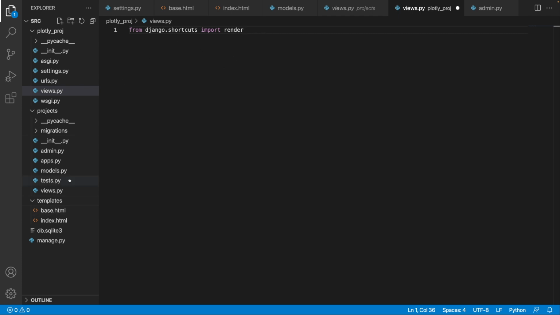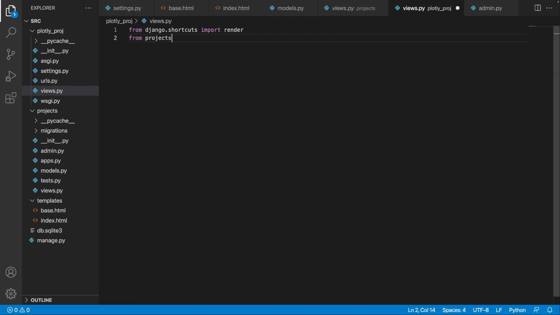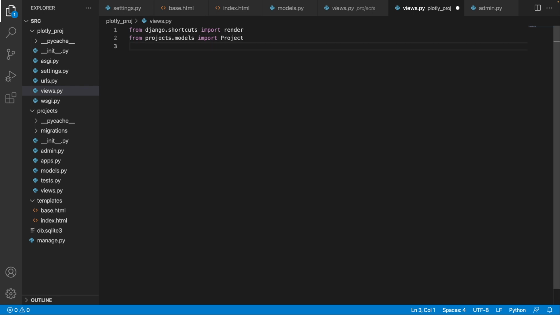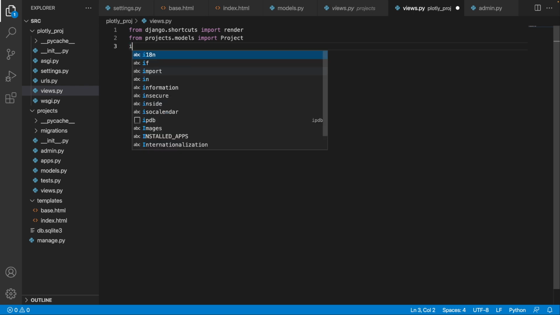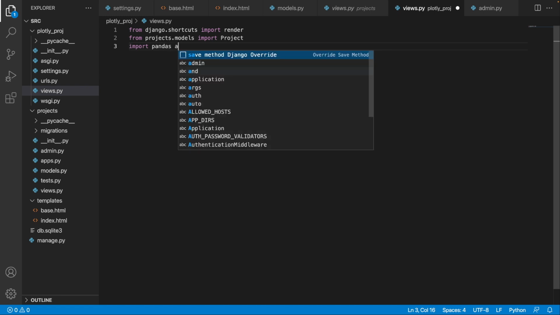We also need to grab our project model. So from projects.models, we want to import Project. Okay, and then we will bring in pandas. So we want to import pandas as pd, like this,